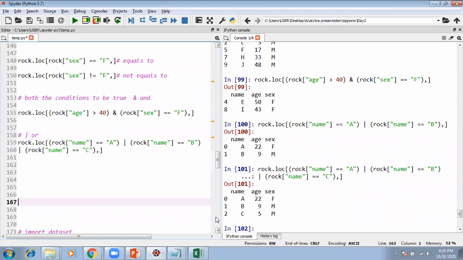Now this is going to be irritating to write, like A or B or C.